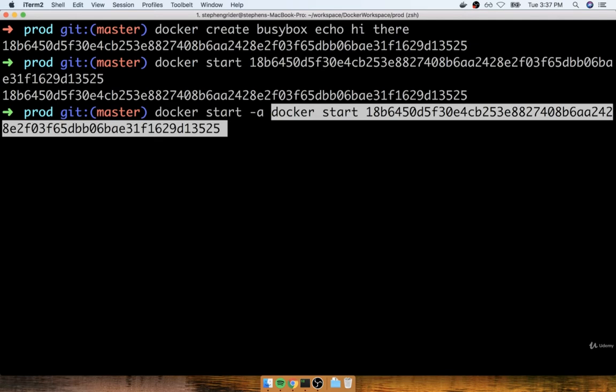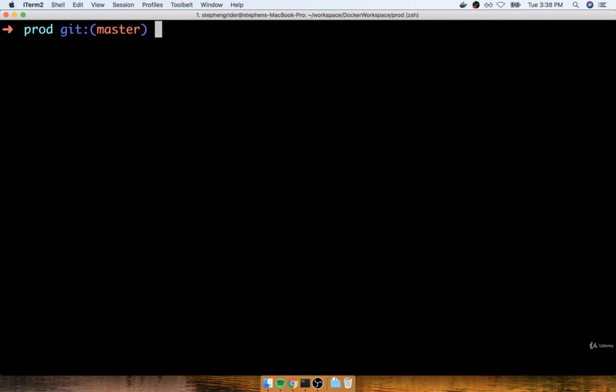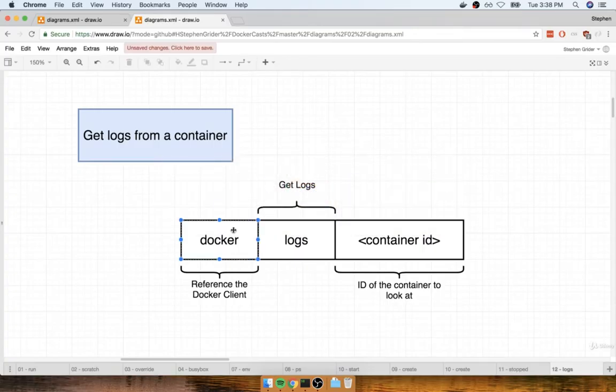a little bit frustrated with ourselves, because then we would have to rerun docker start -a a second time and wait another couple minutes. In order to get around that, we can make use of an additional command of docker logs and then the ID of the container that we want to get output from. The logs command can be used to look at a container and retrieve all the information that has been emitted from it. Let's try using that docker create, start, and then logs command again and seeing what happens.